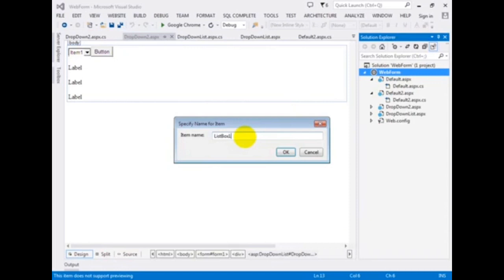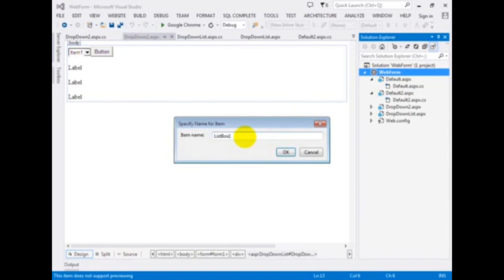Students, now we are going to learn the list box control. Basically the list box control is used for multiple selection. Now we are going to create the list box control manually, first using HTML tags. For that purpose we make use of the select tag with multiple equal to multiple, which means we are allowing multiple selection by using the multiple attribute of the select tag.